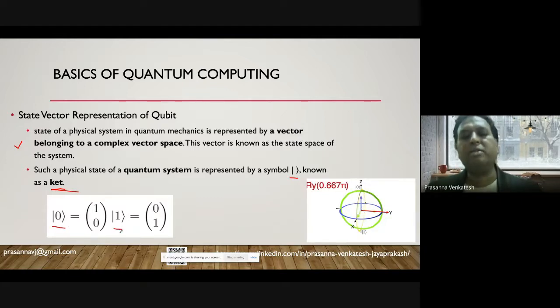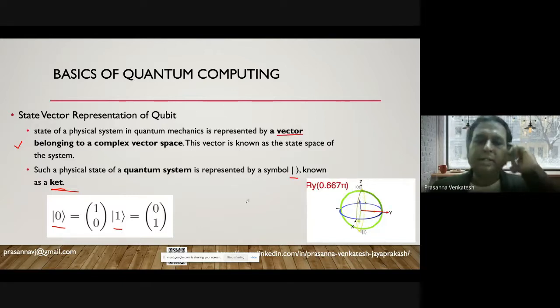A bit can have either 0 or 1, but a qubit can have both 0 and 1. To differentiate the state of the qubit, we represent them using a vector space or vector representation.